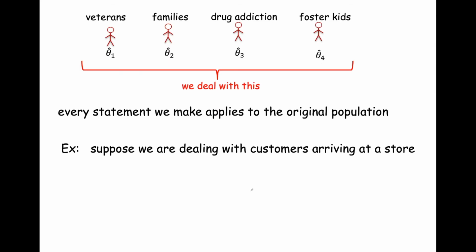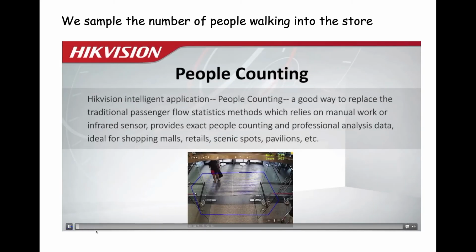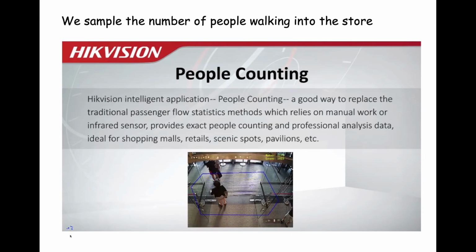It's pretty amazing. And so suppose, for example, you're dealing with customers that arrive at a store. Do you know about the rate at which customers will come into the store? I don't. If you do, maybe you should buy a lottery ticket. But that being said, let's imagine we instrument our store, our retail concern, and we put an overhead camera inside, viewing the entry box, and we're just tracking the number of people who enter the store and leave the store. Now, keep in mind that we're not looking at identities.